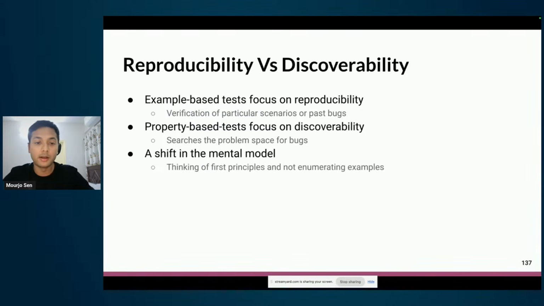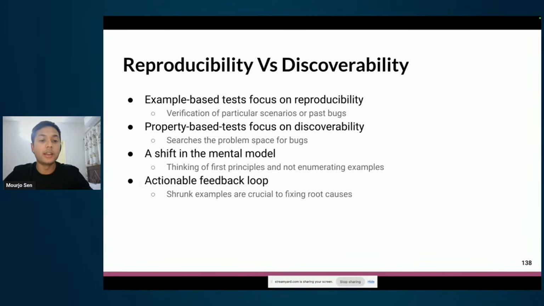What are the guarantees that we want to provide from our systems, instead of spending hours just enumerating hand-picked examples? It is a much bigger and better guarantee to know that our system meets the fundamental expectations that a user comes to us for. And if there is ever a bug, the property-based test system gives the most actionable feedback to me, the author, so that I can fix the bug: a shrunk sample, which is easier to work with, and easier to present in a talk like this.